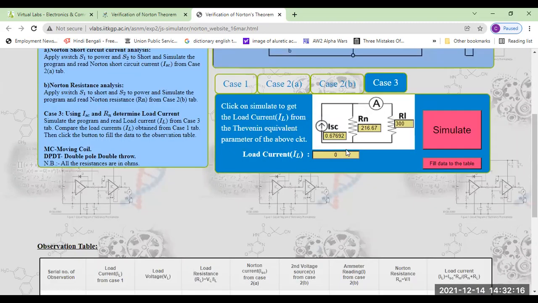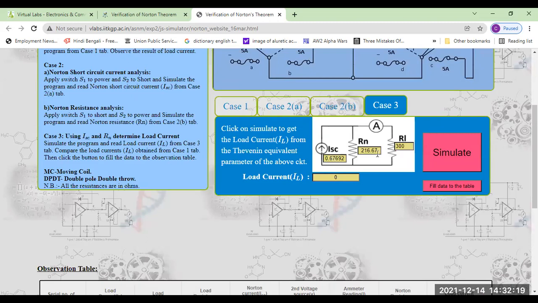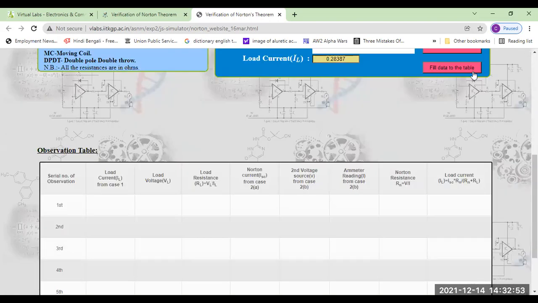Okay, guys, could you see this? Is it visible to you? Yes, sir. Okay, I think you can understand. So whenever you connect this, then you have to simulate it. You can get the ammeter current over there. So I just simulate. Yes, this is 0.28387. We just have to check if this current is equal to case 1. If you fill this data table, you can find it. Now just remember this thing, or you may note it down.